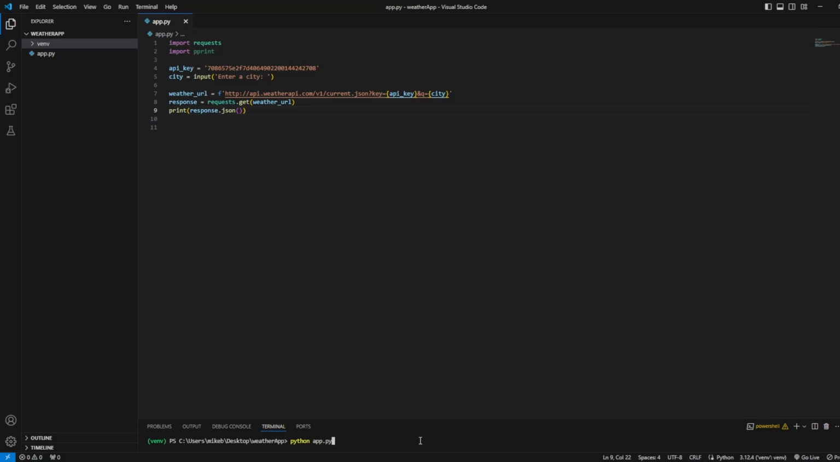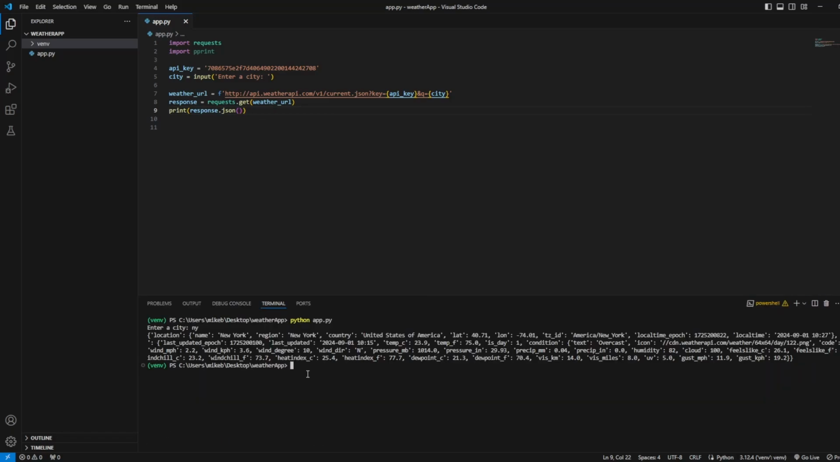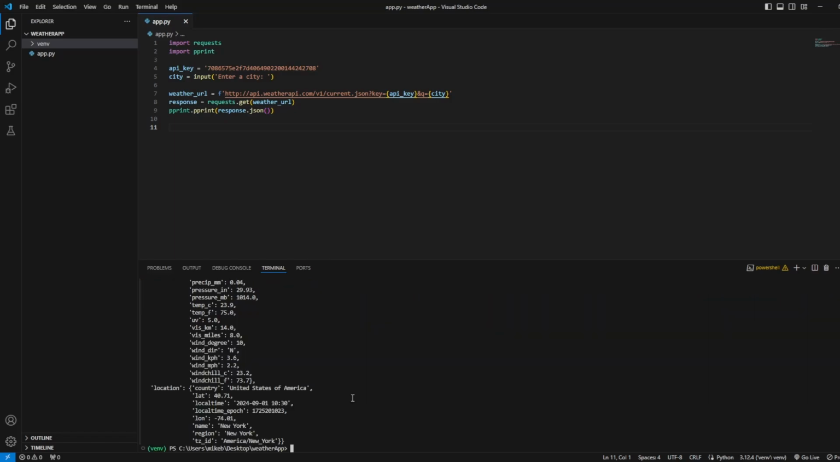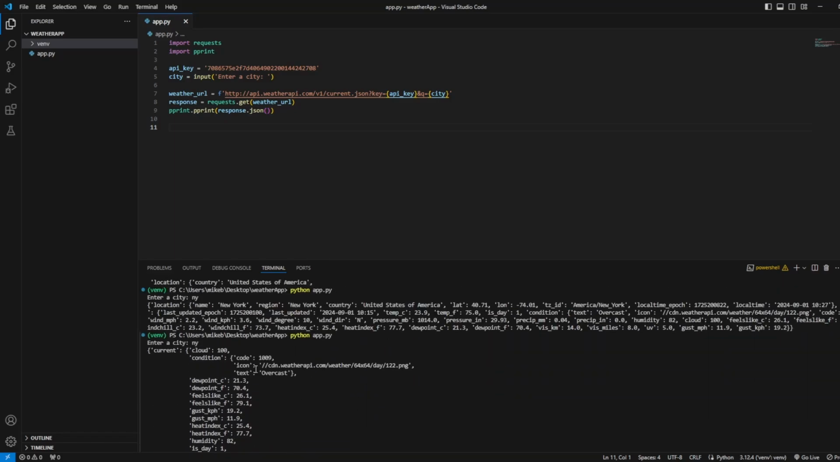Python app.py, enter a city, New York. Now we have the current weather data for New York. You can see it looks like a dictionary. We have the location, the name, New York, region New York, maybe country, all that stuff. It's kind of messy and a little bit hard to read. So this is where pprint, or prettyprint, comes in. Change this print statement to pprint.pprint to prettyprint this, save it, run it again, and now it's a lot more